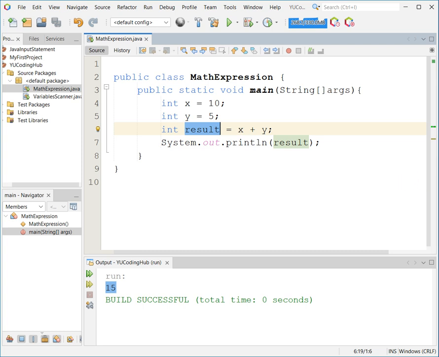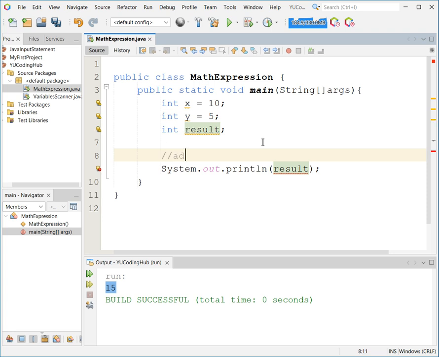In Java, we have five main arithmetic operators for working with numbers. We have addition, as you can see over here, subtraction, multiplication, division, and modulus division. Let me show you some of these operators in action. Let me just remove this first. Then let's do the addition first.